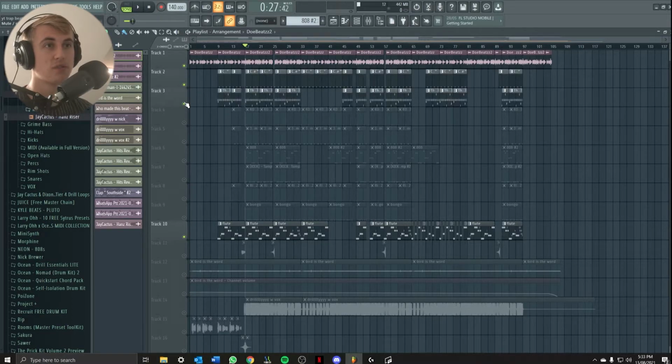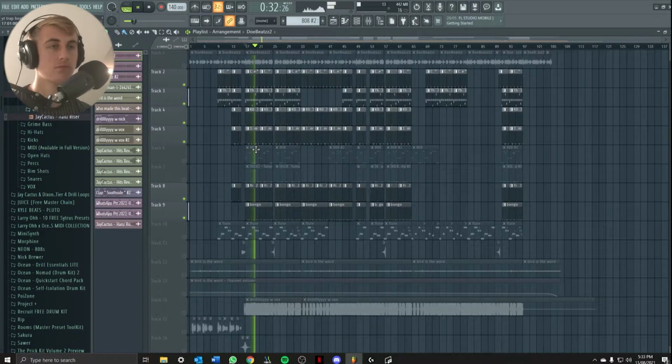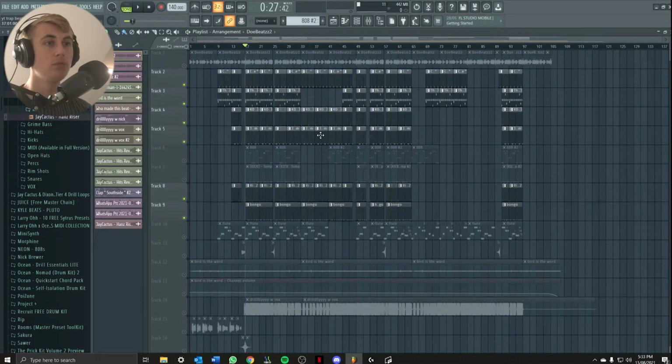And obviously the drums, I put on quite a lot of drums and I think they sound quite nice. I'll just play the drums on their own. Nice bounce there. And as you can see, I've just got bongos going all the way through, dun dun dun dun dun. Apart from this section here where I missed out the bongos because I wanted it to be a little bit more